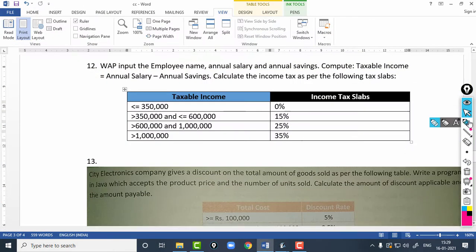So, in the question, if you see, the condition is this: it should be greater than 3,50,000 and less than equal to 6 lakhs.